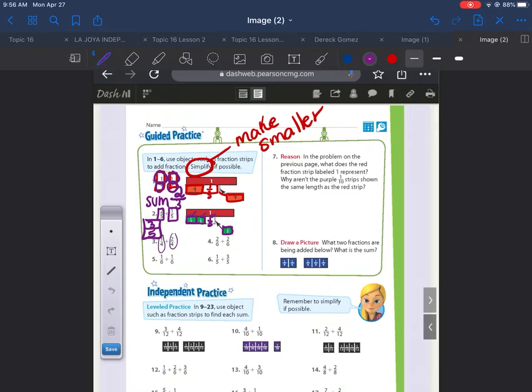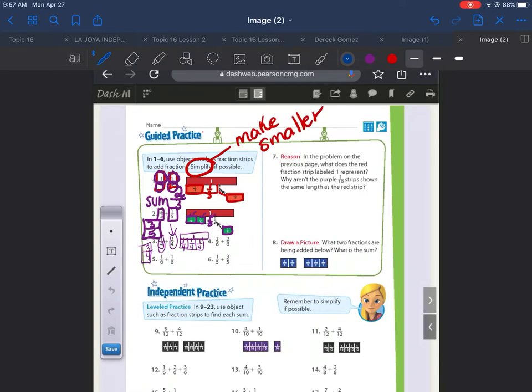Question number 3. 1/4 plus 2/4. We don't have a strip diagram, but we can draw one. So we would have a whole. Notice that our denominator says fourths, so we're going to be adding fourths. So it's going to be 1/4, and they want me to add 2/4. How many fourths do we have? 1, 2, 3. So my sum is